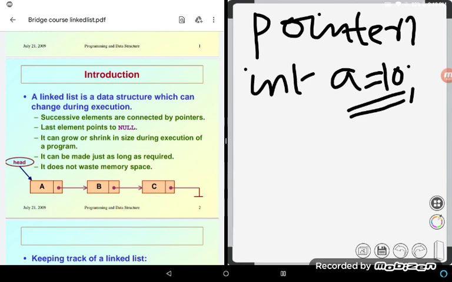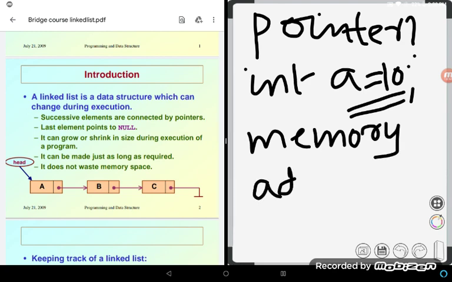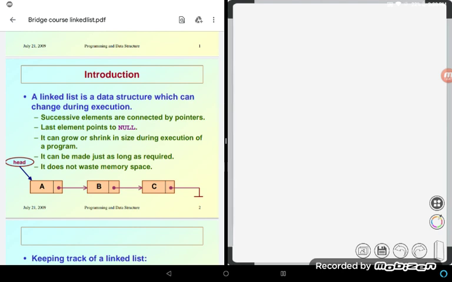And what is a pointer? A pointer holds memory addresses. A pointer always holds memory addresses. This is a very important concept in C language. And since a pointer is also a variable, we have to tell the compiler that this P is a pointer variable. Its value will also need some memory location. The content of the pointer is actually an address, and we will see something like this.